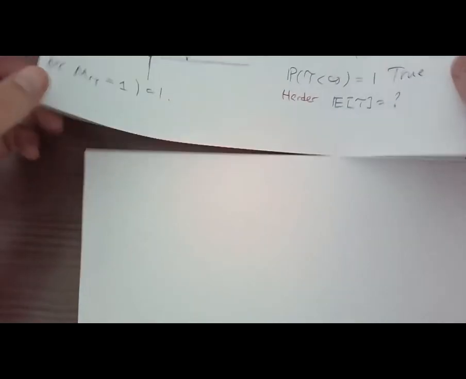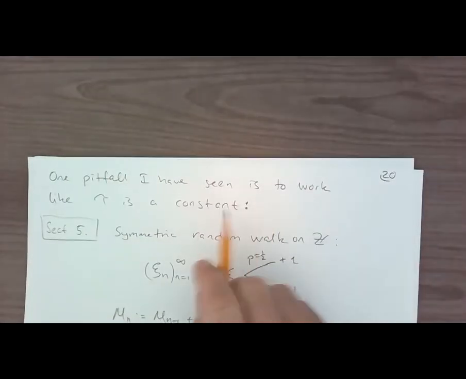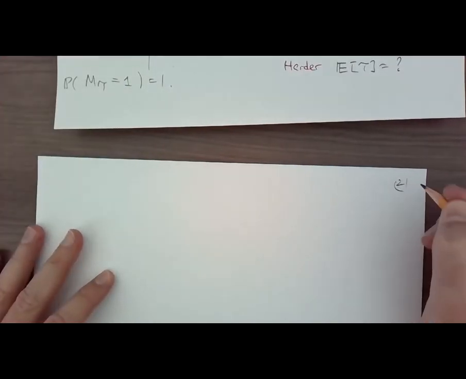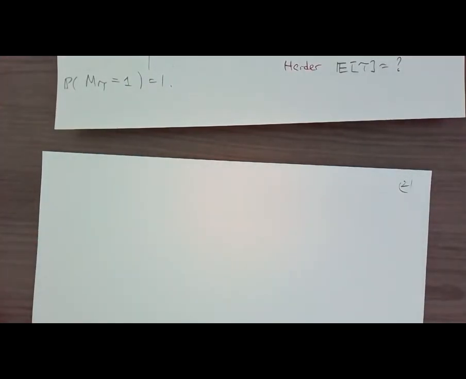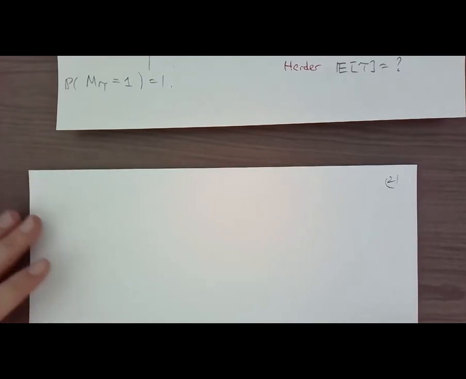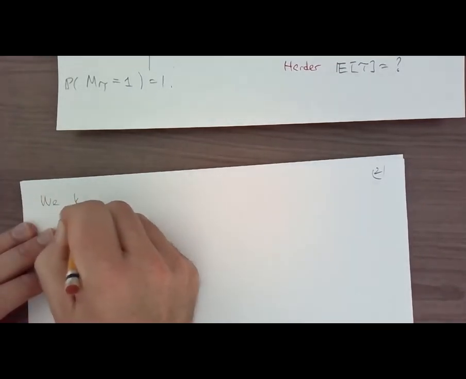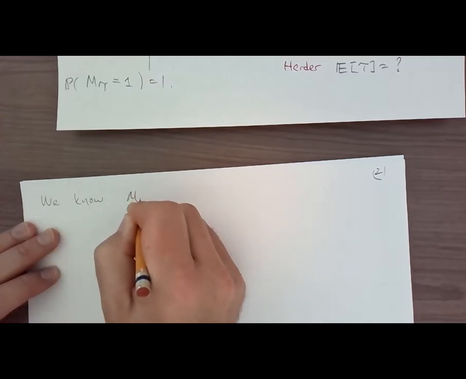The reason that I've seen students treat them like constants is because they share a lot of the same properties as constants do, but far from all. So let me show you some of the features. We know that if I take a martingale,